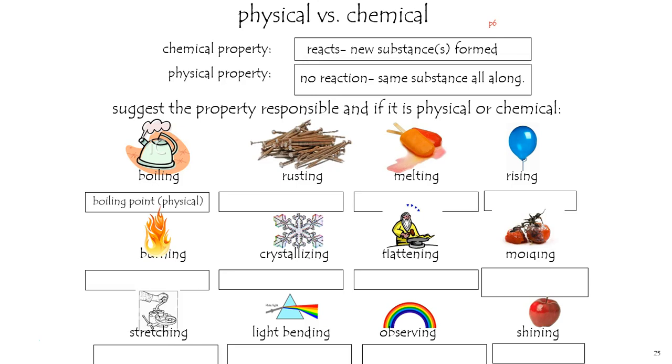Rusting is an oxidation process. It adds oxygen to the substances, and it does turn them into new substances, so it's a chemical process based on that particular reaction, which happens to be oxidation. Like boiling, melting is not a destructive test, so that is a physical property, and the substances are separated based